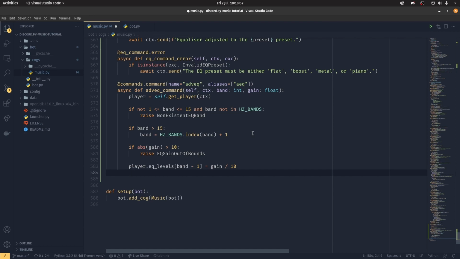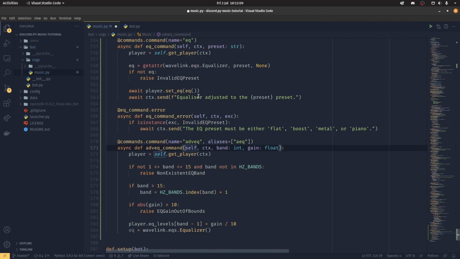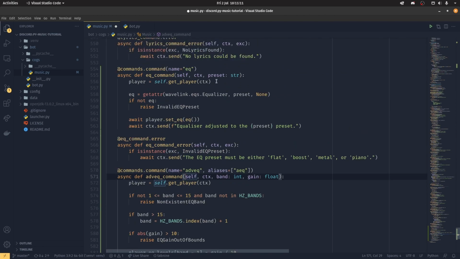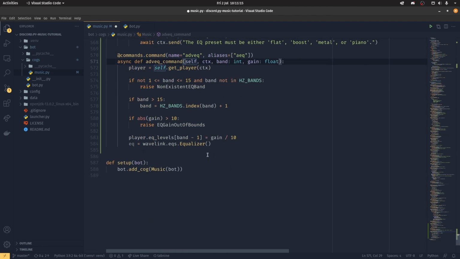So now, this is where things get a bit weird. So we now say our EQ to be wavelength.eqs.Equaliser. And now we're creating a custom equalizer. So in here we had presets that were class methods that were creating new classes. In this one, we're actually creating a straight up equalizer based class. And we're setting the levels to equal